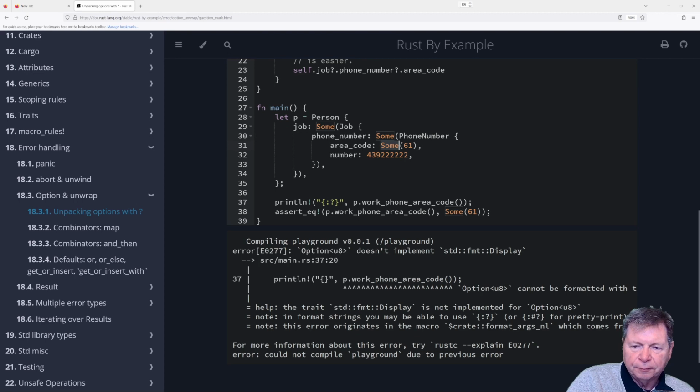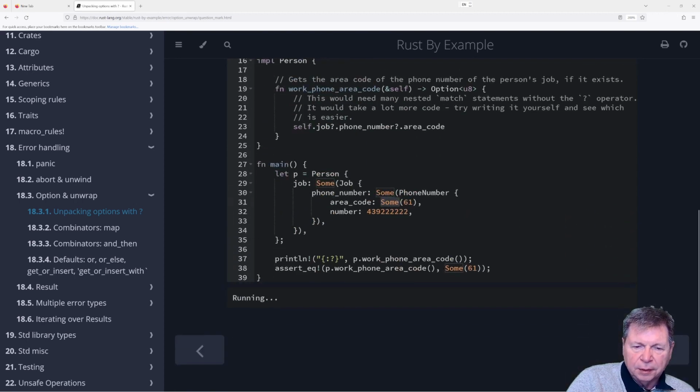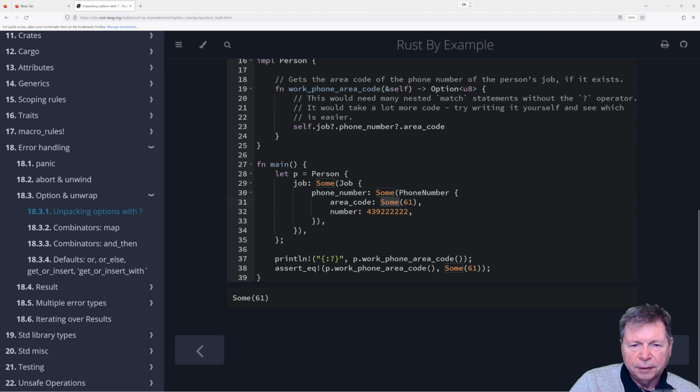Okay. Now I understand. But Some 61. Okay. But what happens if I... Oh, yeah, but that's an Option. But how do I... Well, yeah, I guess, because I could stick a variable in here, right?